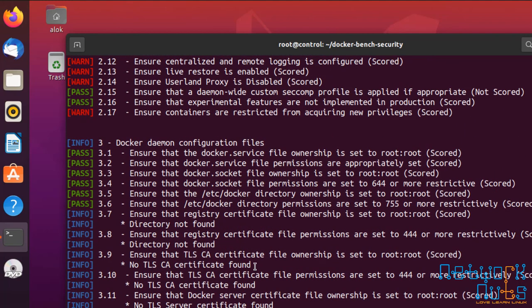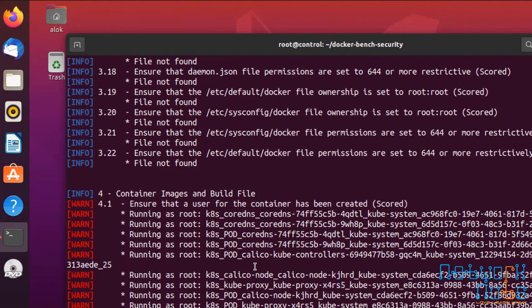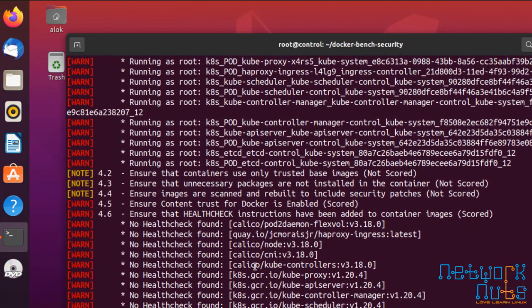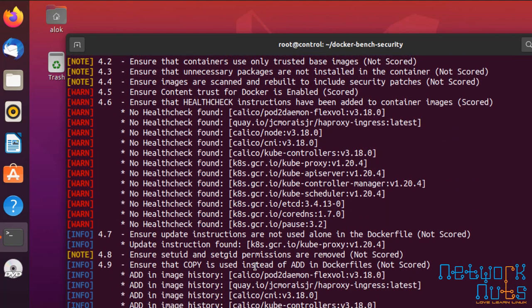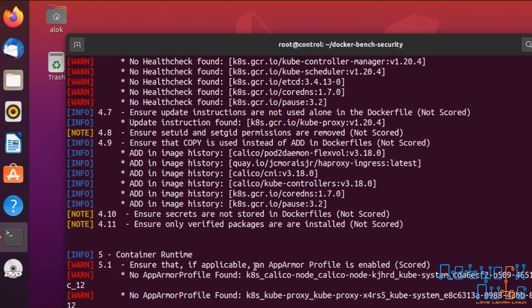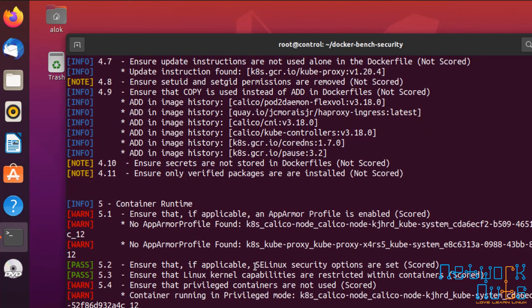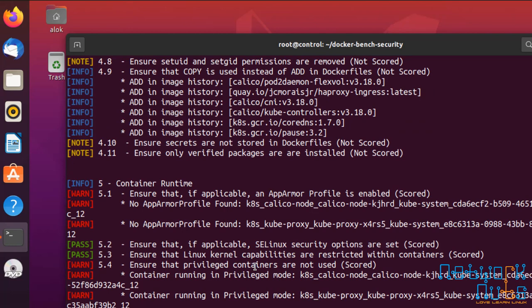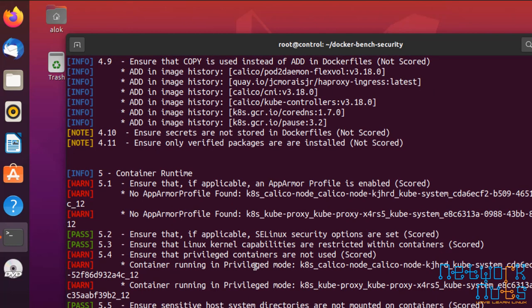It will tell you that certain parameters are okay as per the CIS guidelines, certain parameters are not okay. So it is your job, being a sysadmin, to make sure that those checks pass. If you see there, some checks are passing in the green color, some are info, some are warning, right?